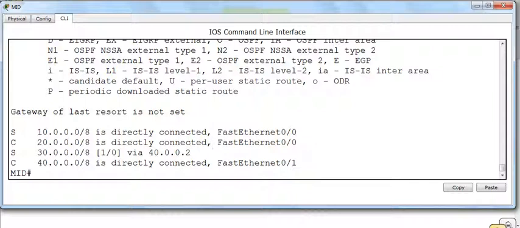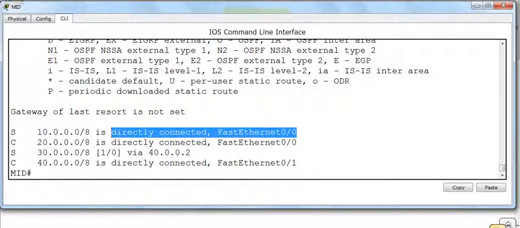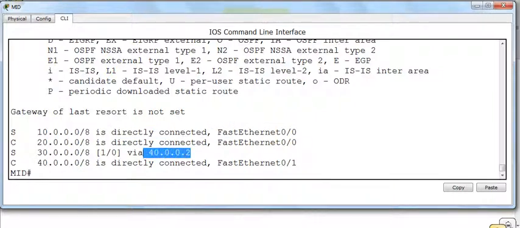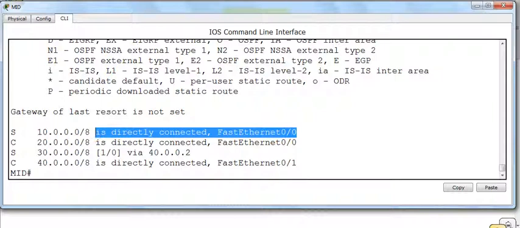One more difference I want to show you. If I say my exit interface, I'll get it like this, directly connected. Directly connected is more trusted than saying the next hop address. You see a number called 1. 1 is always bigger than 0. Directly connected means 0. Even though 0 is not written here, 0 is there for directly connected. 1 is there for static routes.